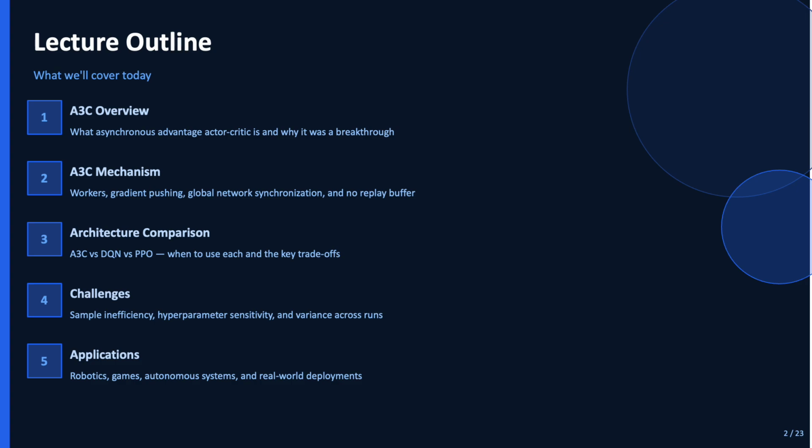experience replay buffer entirely. The third section compares A3C directly against DQN and PPO, so we have clear decision criteria for choosing between them. We then address the real practical challenges of running A3C: variance across training runs, sensitivity to hyperparameters, and compute cost, before closing with a survey of where A3C and its descendants have been deployed in real